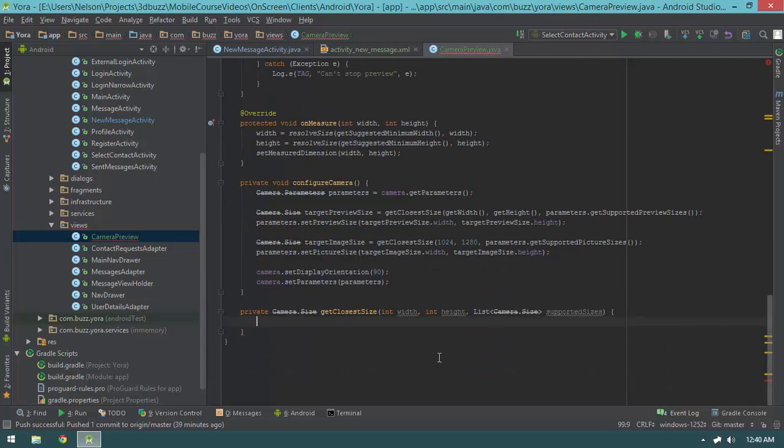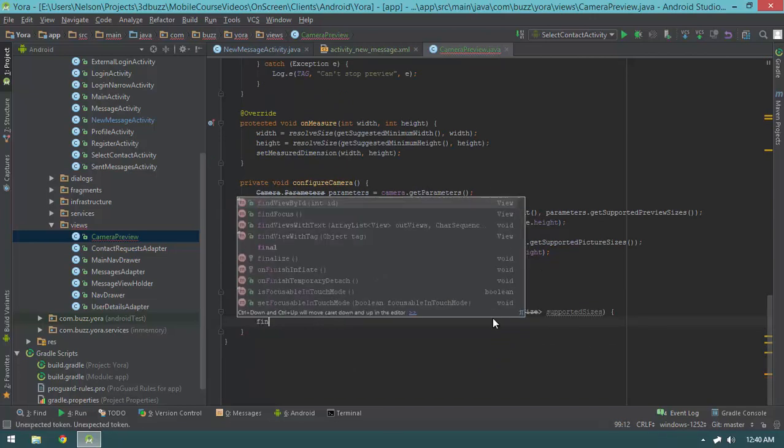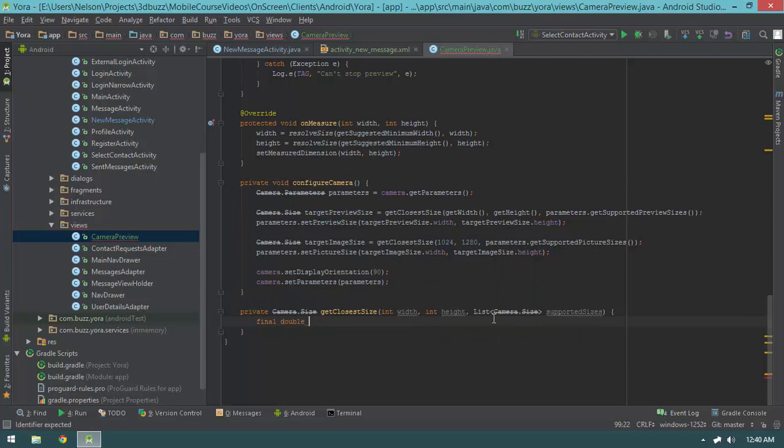I'll import list. Now I'm going to say final double aspect tolerance of 0.1. So what I'm doing here is I'm creating a private constant local variable,